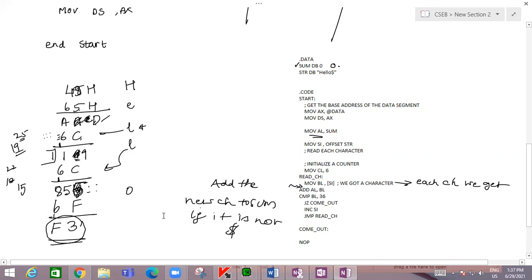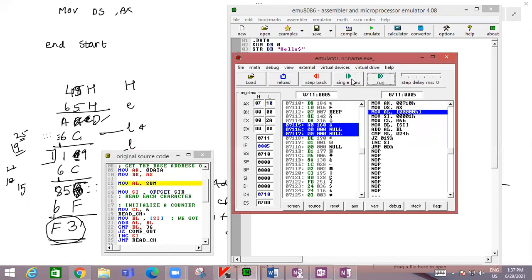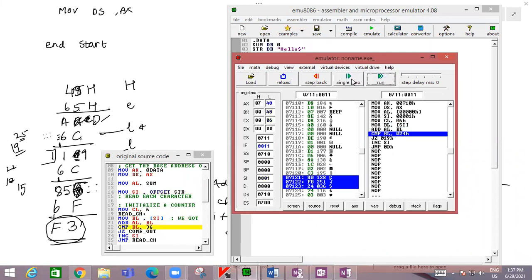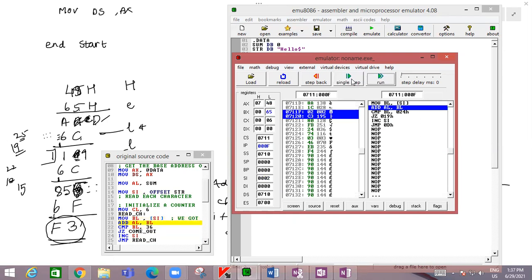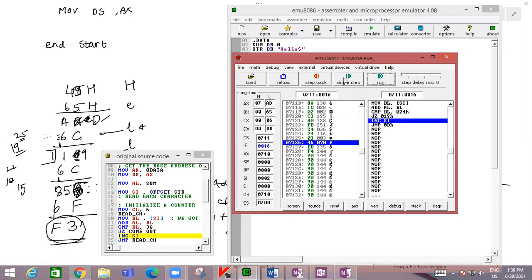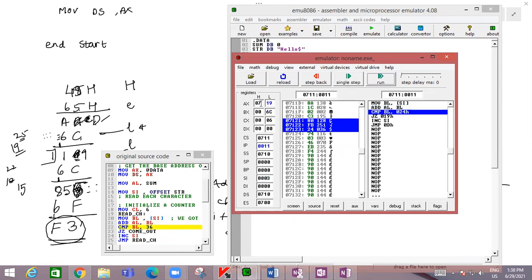We'll go to the simulation again, reload, single step. First number we are getting is 48. Second number when we load it and add it, we got AD, as expected. Next number when we add 6C, we should get 119.